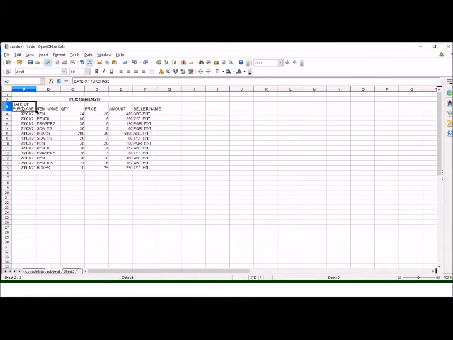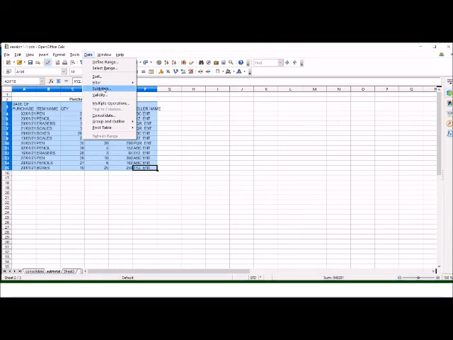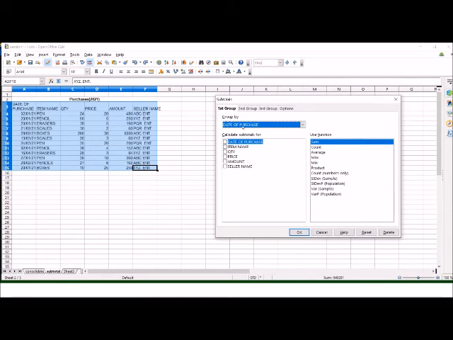Now we will select this worksheet, and then in the Data menu, when we select the subtotals option, we can select first group, second group, third group, like this.